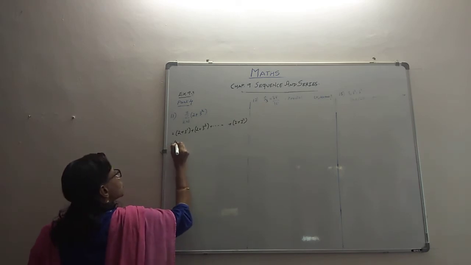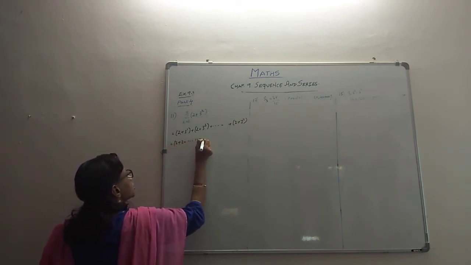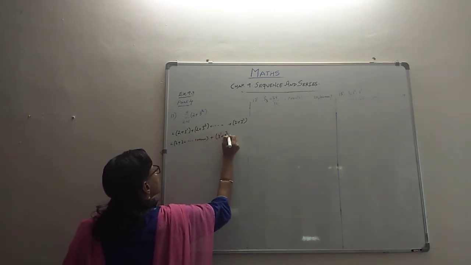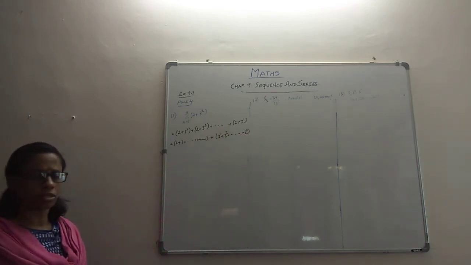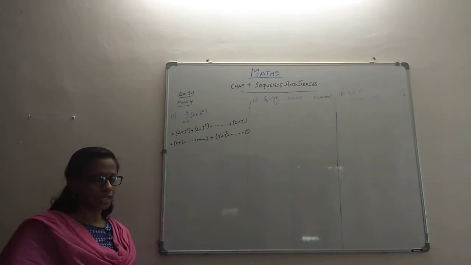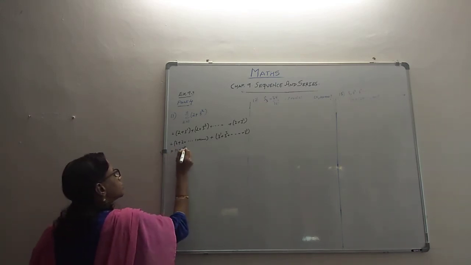Let's club all the 2's together. There will be 11 such. And the other terms are 3 raised to 1, 3 raised to 2 and so on, 3 raised to 11. It's for us to find out the sum, that's all. When you add 2 11 times, it's going to be 11 into 2. It's quite clear to us. So this is going to be 11 into 2, 22.